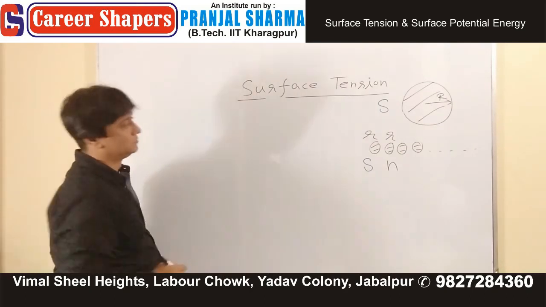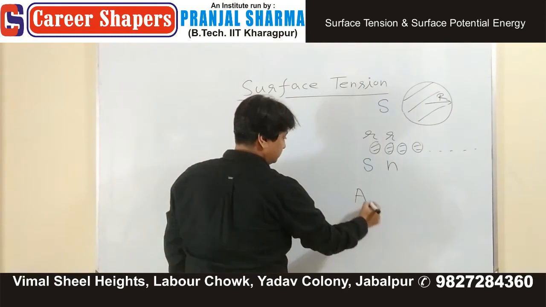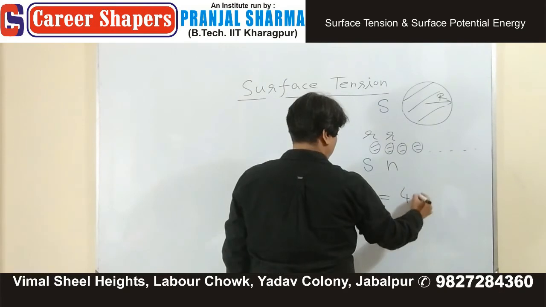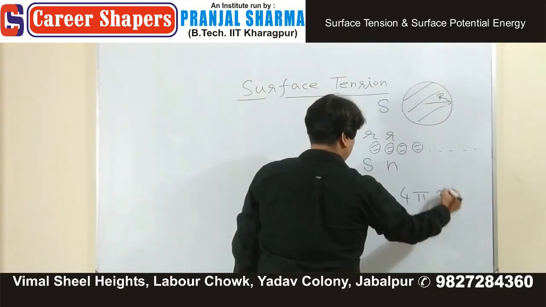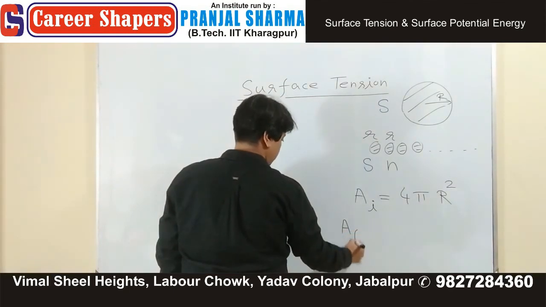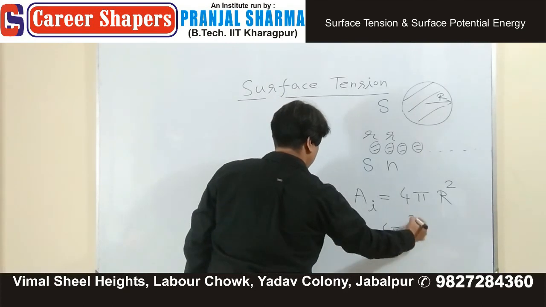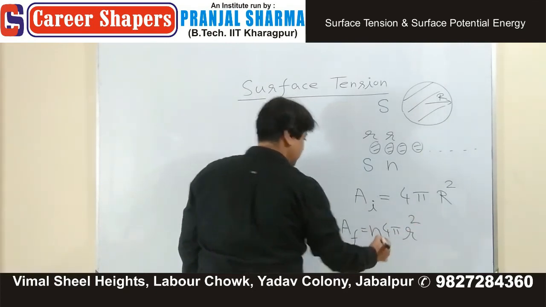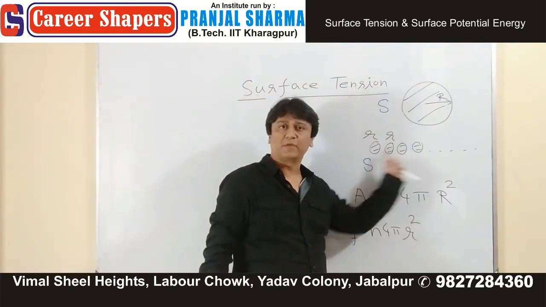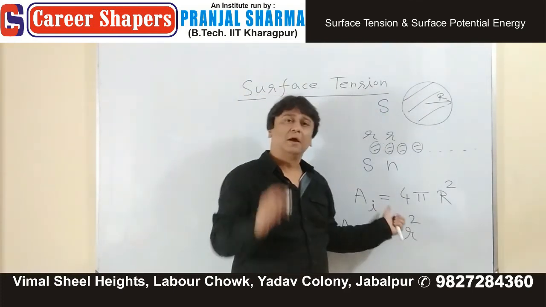Now, what is the initial surface area? 4 pi R square. What is the final surface area? 4 pi r square, and there are n such drops. Surface area 4 pi r square, there are n drops, n times. Initially the whole thing is this. But